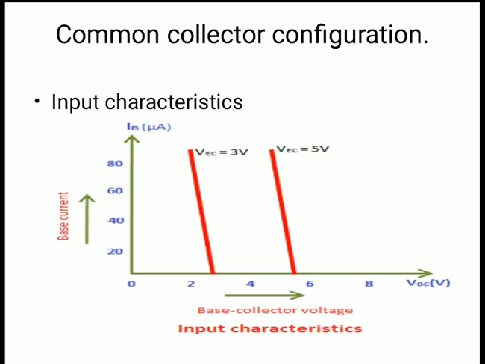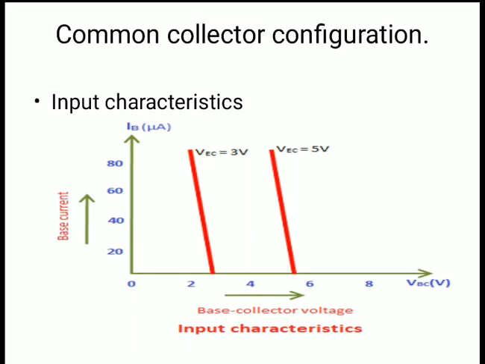Because C is nothing but the voltage between the collector and emitter, whether you say emitter-collector or collector-emitter, it doesn't make any difference. If you write VEC or VCE, both are one and the same thing. So what will happen? We will take the reading of VEC at 3 volts, and we will take the relation between VBC and IB. Then we will get this type of reading, a straight line.